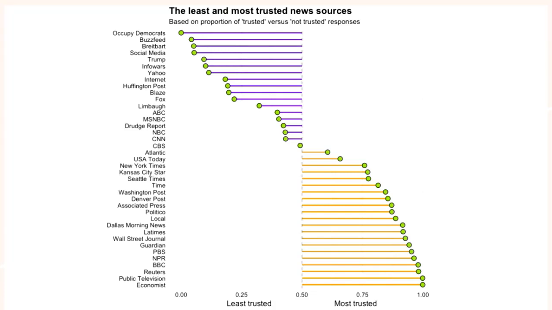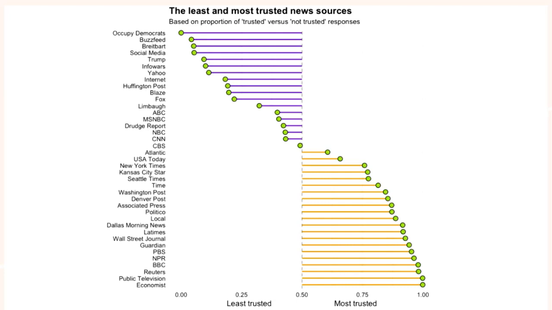Yes. I found this as a part of the Trusting News Project, from the Reynolds Journalism Institute at the University of Missouri, which did a study on perceptions of the trustworthiness of news sources. There was a little bit of bias because the participants were already news consumers, and 62% of them paid for their news.